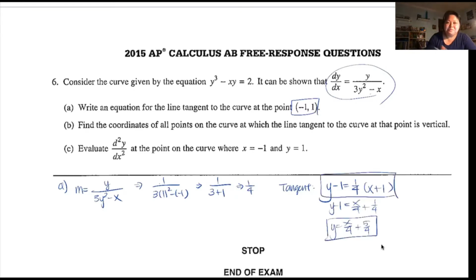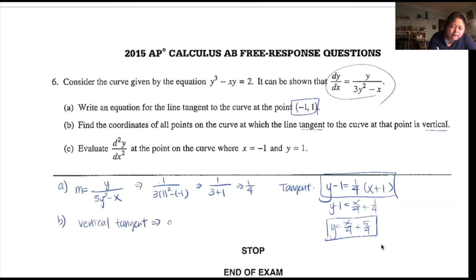Either one's fine. Okay. Find the coordinate of all points on the curve on which a line tangent to the curve at that point is vertical. So you want a vertical tangent. When do we have a vertical tangent? When we're trying to divide by 0. Right? So a vertical tangent,